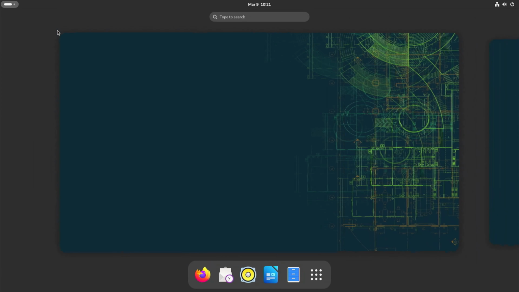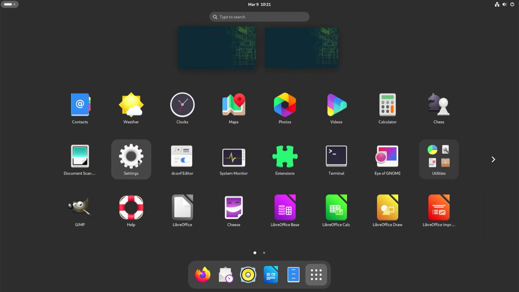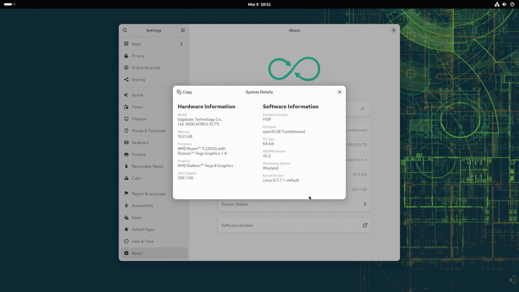OpenSUSE Tumbleweed allows users control over their system settings, empowering them to define preferences according to their needs. These settings cover a range of aspects, including desktop background, lock screen configuration, and language settings. To access these settings, users can navigate through the Gnome Settings dialog, found under Application Settings. Within this dialog, settings are organized into categories such as Personal, where users can customize various aspects of their desktop